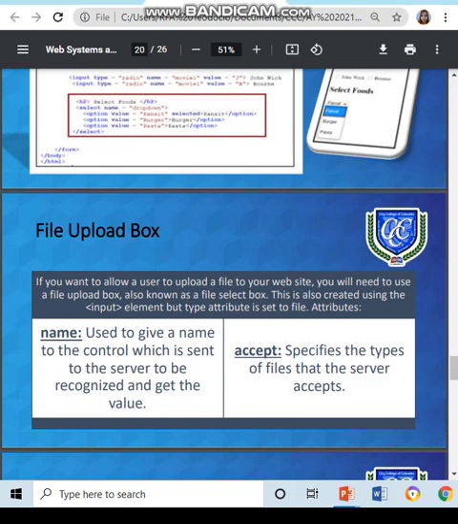Hello guys, welcome to the second part of our discussion about lesson 5, which is working with HTML forms. As you can recall, we actually ended up discussing the file upload box. Now, before we proceed and go ahead to talk about a file upload box once more, I would like to